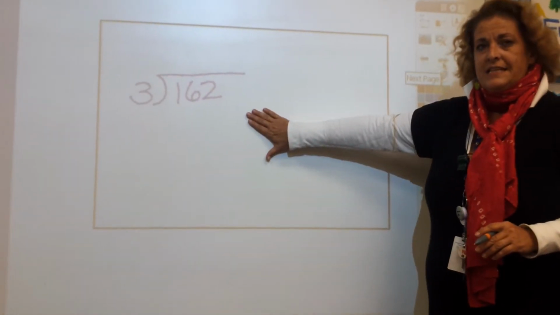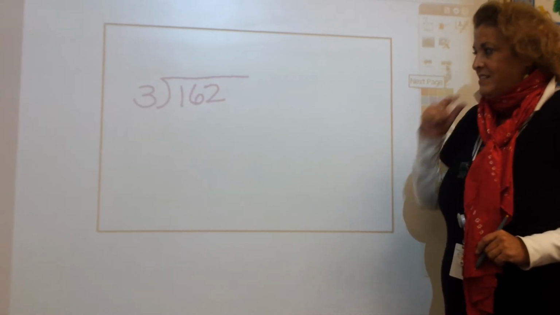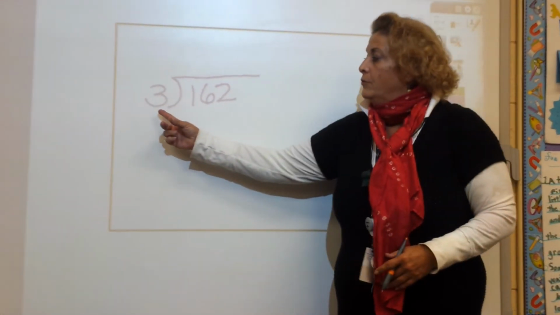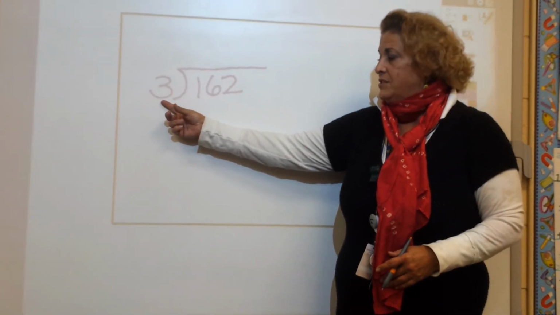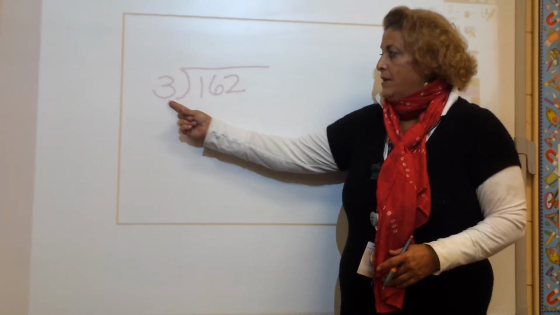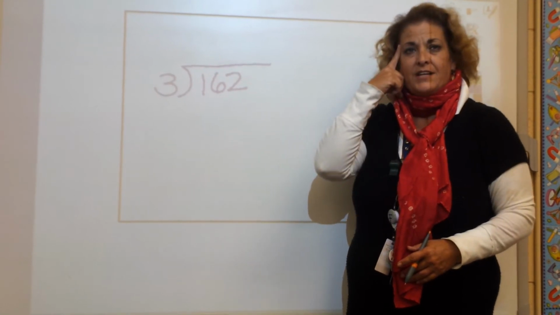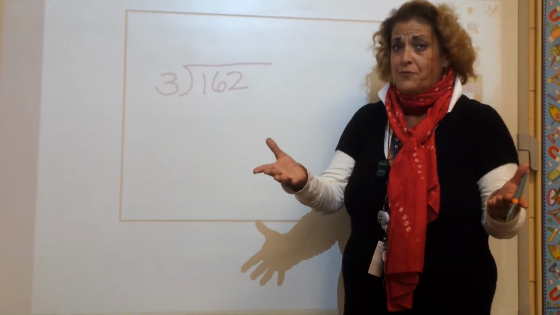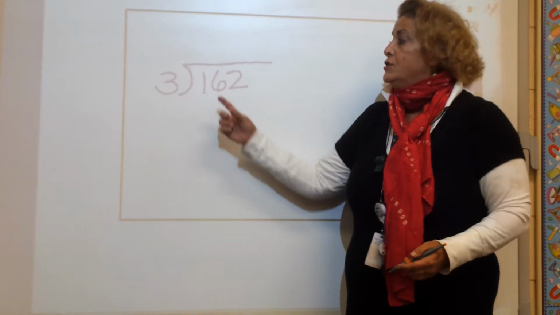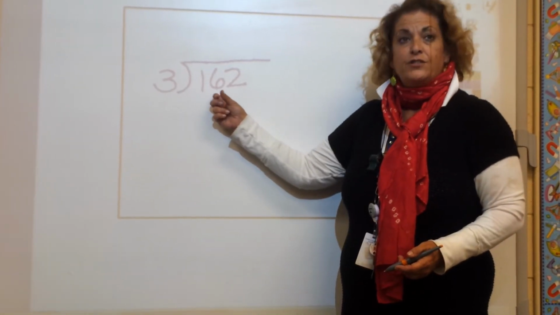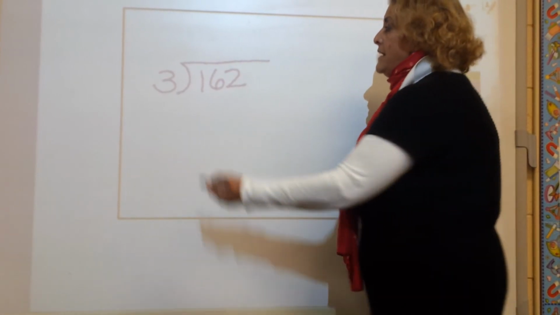We're going to try another one together. Let's decide where to divide. We look at the front end numbers in our division problem, the 3 and the 1. The question I ask myself is, how many groups of 3 can I make out of 1? I can't make any. So I need to look at the first 2 digits of the number, which means that